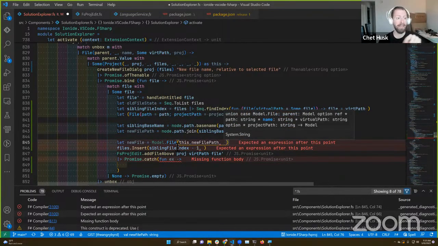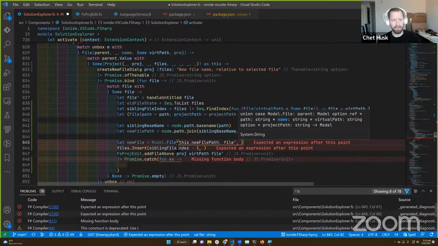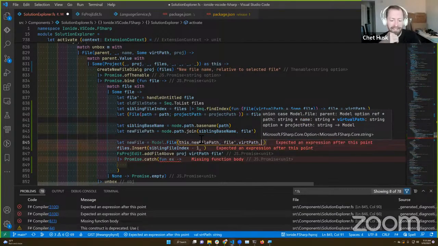So then you can say, hey, use F# with this, and all of the tooling will light up. So all of the tooling has to be aware that there might be a file in use that's not .fs or .fsi.